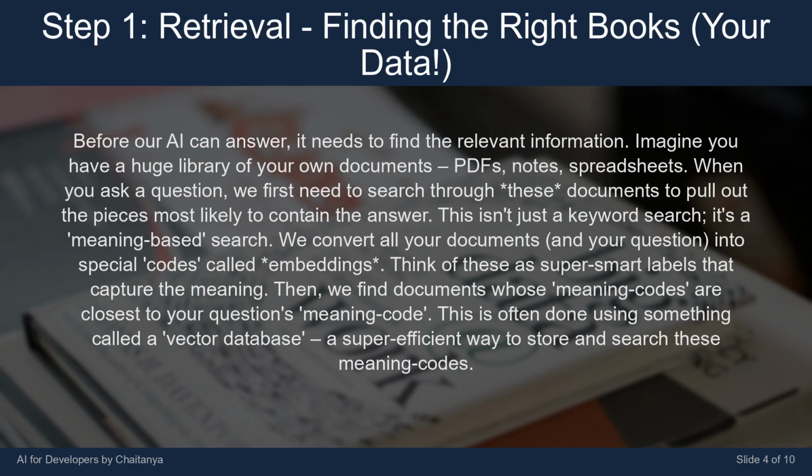We convert all your documents and your question into special codes called embeddings. Think of these as super smart labels that capture the meaning. Then, we find documents whose meaning codes are closest to your question's meaning code. This is often done using something called a vector database, a super efficient way to store and search these meaning